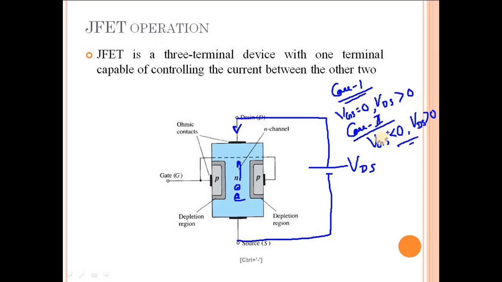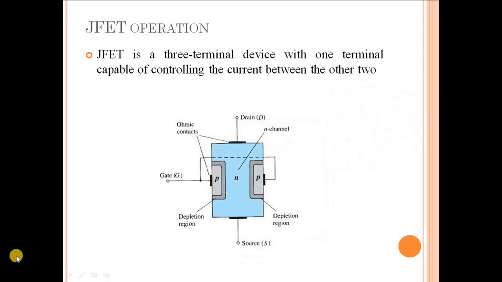By studying these two cases we will be very clear about how the JFET operates. We will see it with an n-channel JFET, and later we can generalize it to a p-channel JFET. So let us watch a video taken from YouTube which will demonstrate these two cases, which will clarify the complete operation of the JFET, taking the demonstration with an n-channel JFET.